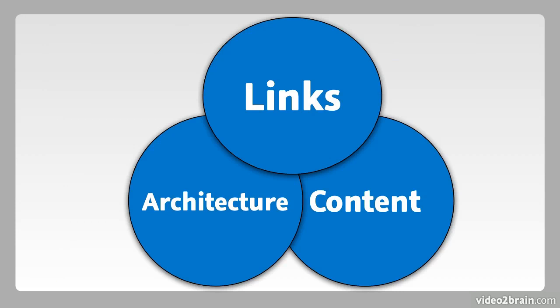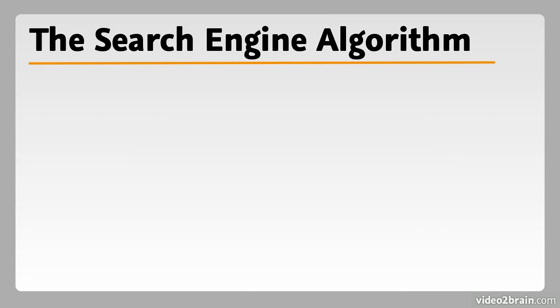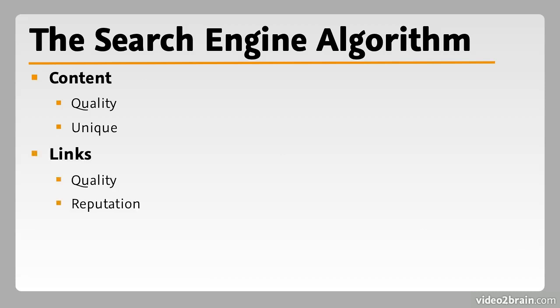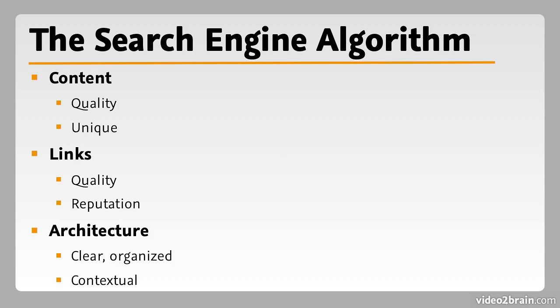And for your on-page optimization, what you need to know is that in 3 primary areas you have control, and that is your internal links, the content on the page, and the structure and architecture, the organization of your website. And that's what we're going to focus on in the next few chapters. So we're going to talk about content, making quality content, unique content, how to build links that will build your reputation, and how to develop an architecture that's clear, organized, and allows the search engines to realize what your site is about and rank you for hundreds or thousands of related terms.